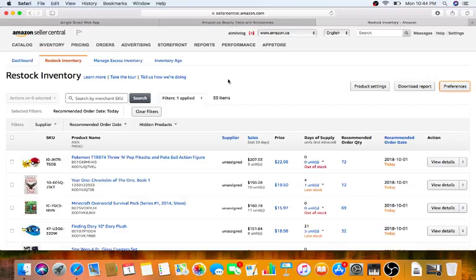haven't sold any. Get rid of it, liquidate it, just remove it, have it shipped back to you, or just dump it. You can dump your inventory, pay a fee to have your inventory dumped, and just move on from it. So there's lots of options there that you can look at. If you have any questions about each one, leave me a comment and I'll do my best to answer those